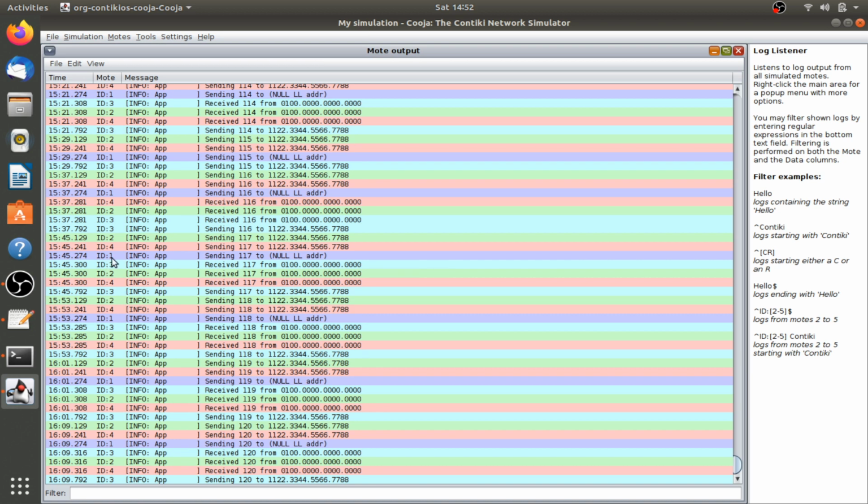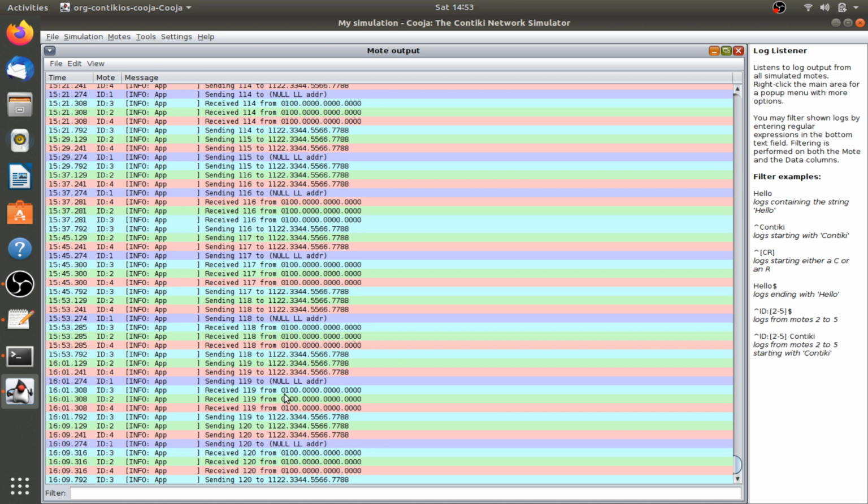Now node ID 1 is sending to the null link layer address, and node ID 3 is receiving from this value. ID 2 is also receiving the 117 packet, and ID 4 is also receiving the value from the node. So all three nodes are receiving the packet from the broadcaster node. That is how the complete program works.